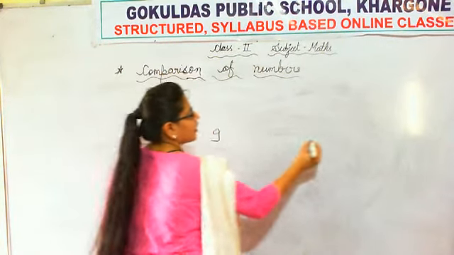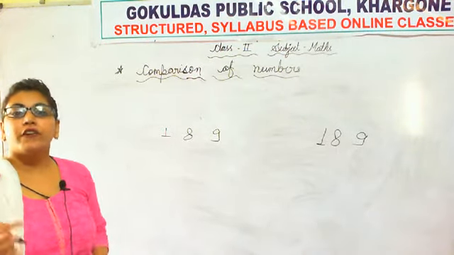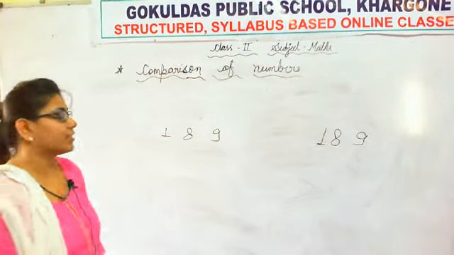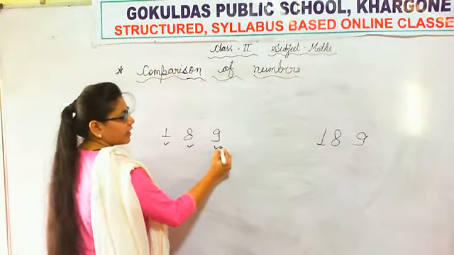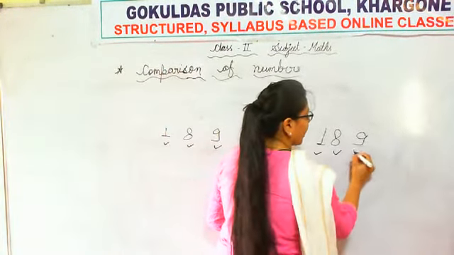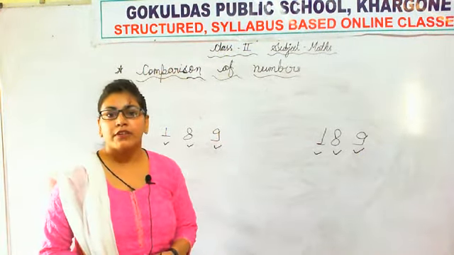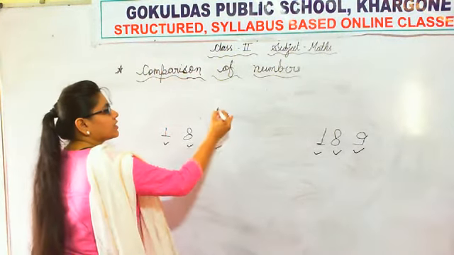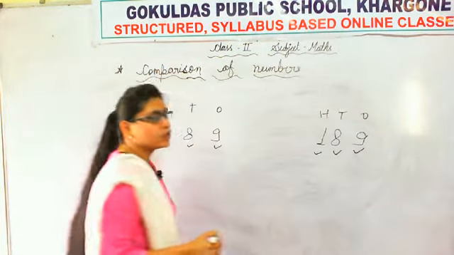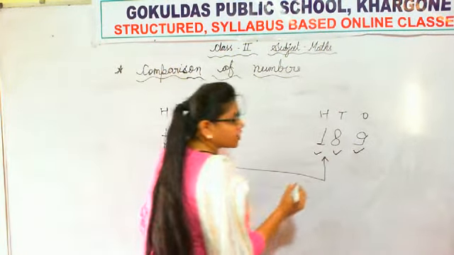Now again 2 numbers are written over there. Now we have to find which one is bigger. So first of all, rule number 1, what do we do? We check the number of digits. So let us count 1, 2 and 3. 3 digits are there. Now we will count digits here. 1, 2 and 3. 3 and 3, it means the number of digits is the same. Now we will compare on the basis of position. Ones, tens and hundreds. So let us check the hundreds position first. We check the highest position first.